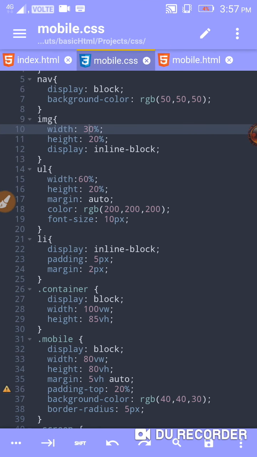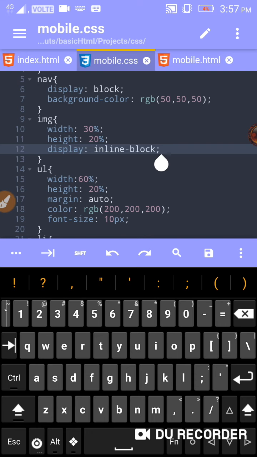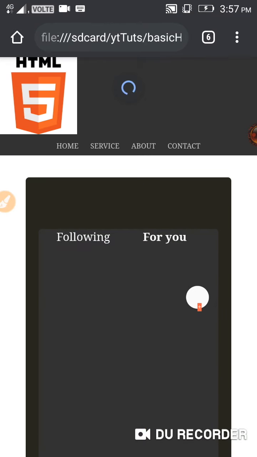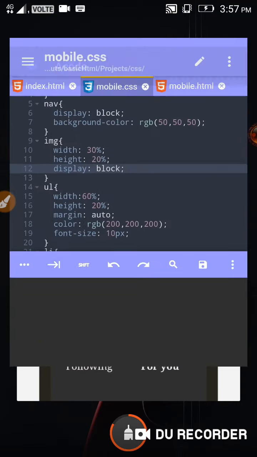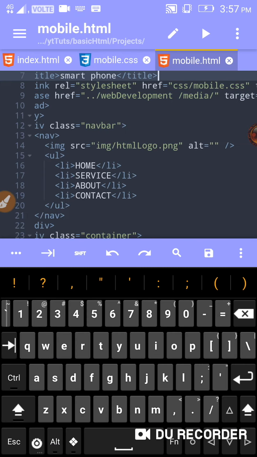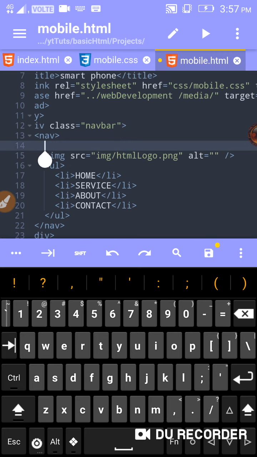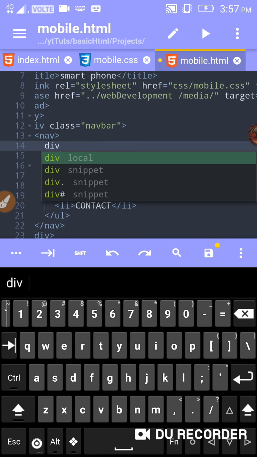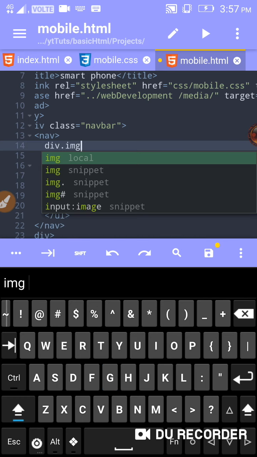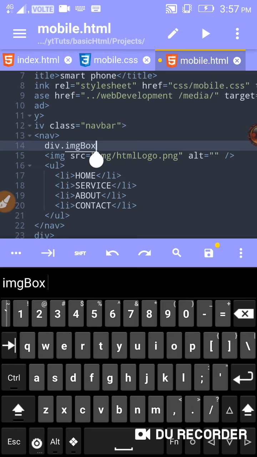If I make this img inline block, and if I make this block, what should happen? I tried block display on the image, and now nothing is happening. First of all, I'm going to use a div tag. In the div tag I'm going to add a class, dot img box. In img box I'm going to add,